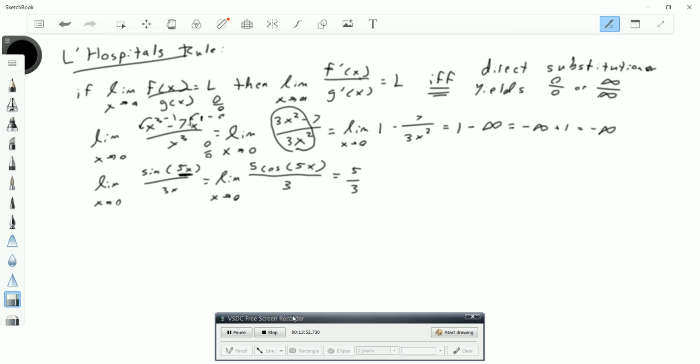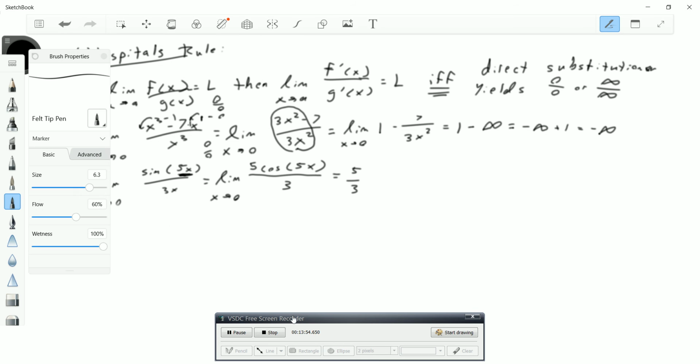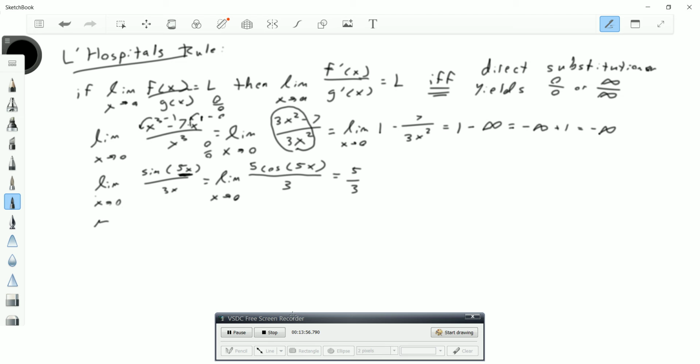Sorry. Alright, so let's do the limit as x approaches 1 of x to the 1/3 minus 1 over x to the 1/4 minus 1. Now, this by direct substitution yields 0 over 0, so I'm going to take the derivative of the numerator and denominator. So we get the limit as x goes to 1 of, now the derivative of x to the 1/3